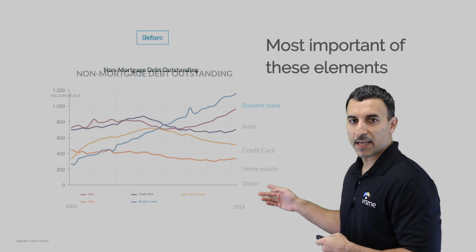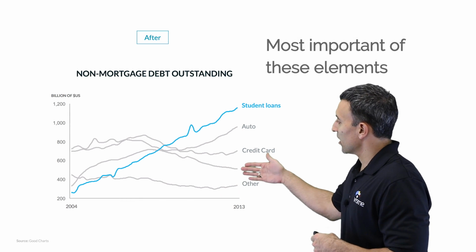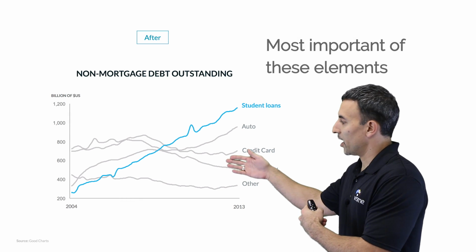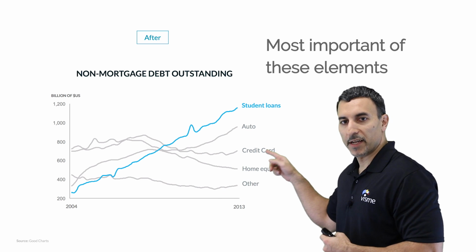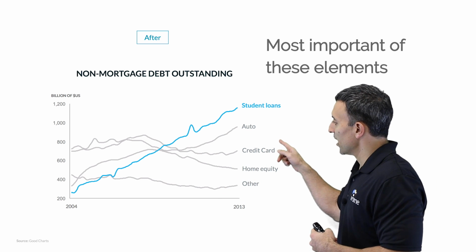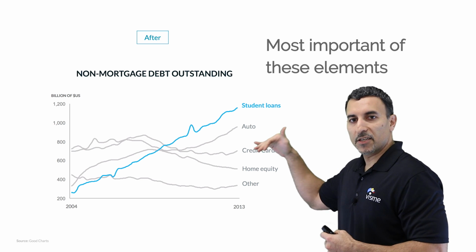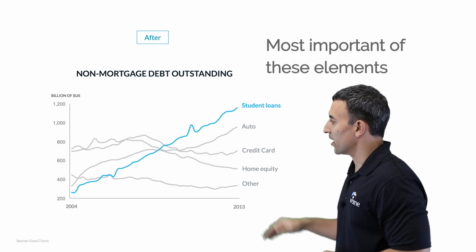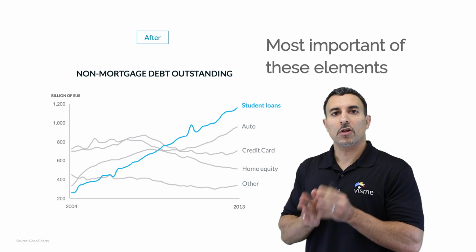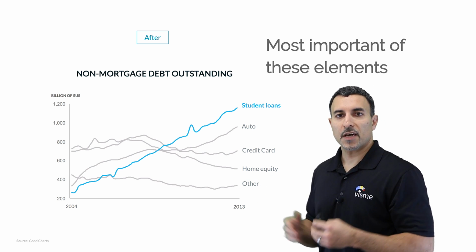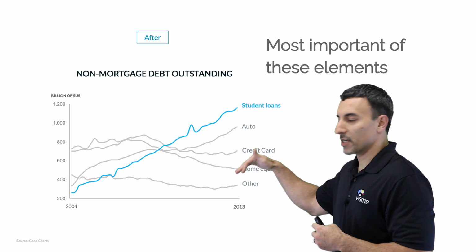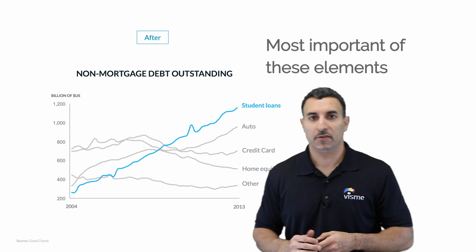So if you look at this next example, everything else has been moved into the back, meaning by graying out the legend and graying out the other lines, the only one sticking out is the blue one. That's the student loans. And you can clearly see that it is easier to understand, so you focus on that. What we've done is push all the chart elements to the background. We applied a gray color, and then we've used different design techniques, in this case color, to make the item stand out.